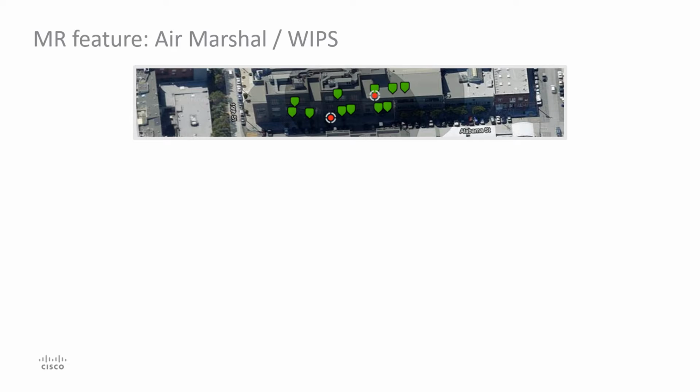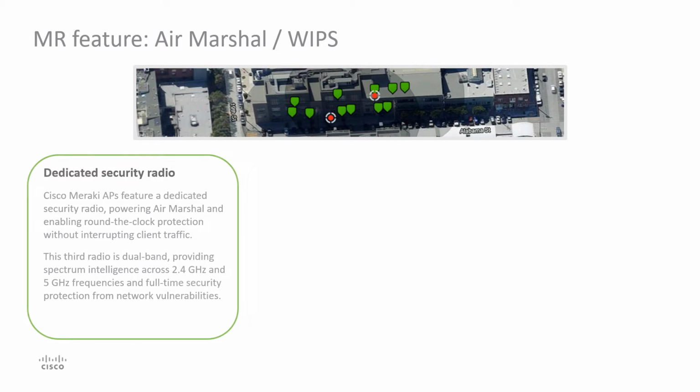For instance, an employee of a company without any malicious intent can plug in his home wireless router into an open port around his desk with the hope to obtain additional wireless coverage. However, in this scenario, a security bridge can be created, exposing the internal network to potential malicious users. The Cisco Meraki Air Marshal WIPS solution combats these wireless threats by detecting them and taking action.